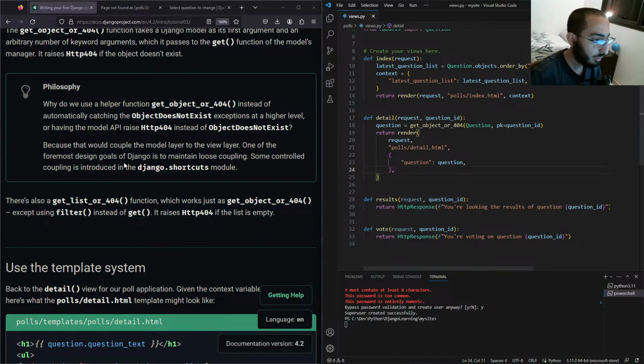Because that would couple the model layer to the view layer. One of the foremost design goals of Django is to maintain loose coupling. I see, it's a very interesting architecture. Some controlled coupling is introduced in the